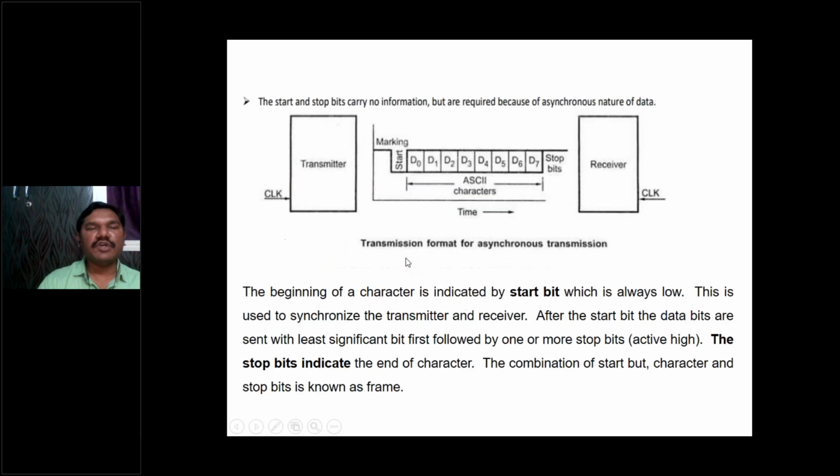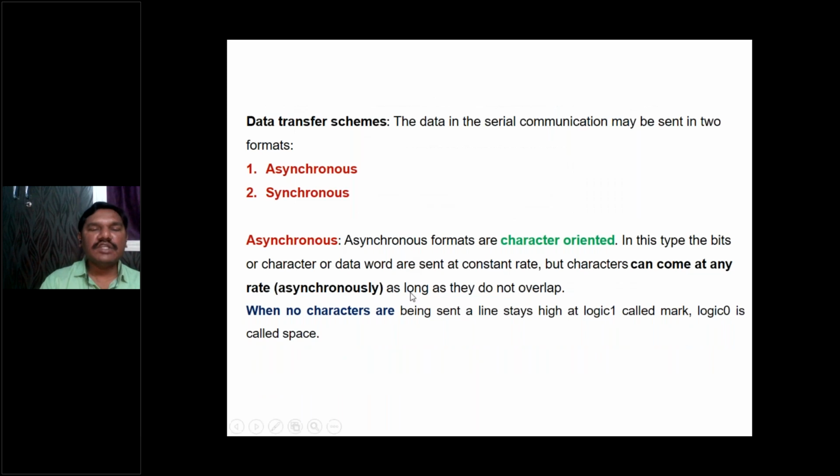Whereas in asynchronous communication, the formats are character oriented. In this type, the bits, characters or data words are sent at a constant rate, but characters can come at any rate asynchronously as long as they do not overlap. Suppose you take telephone communication.